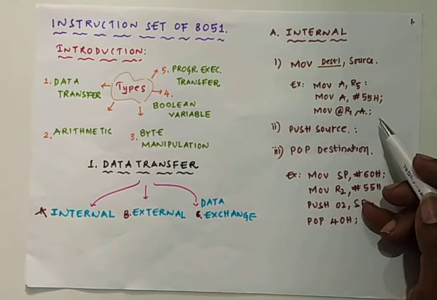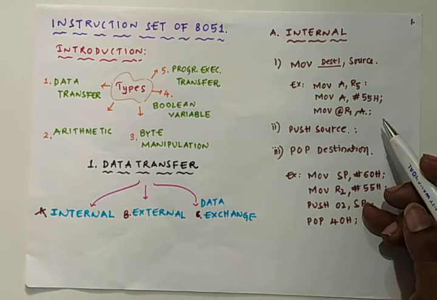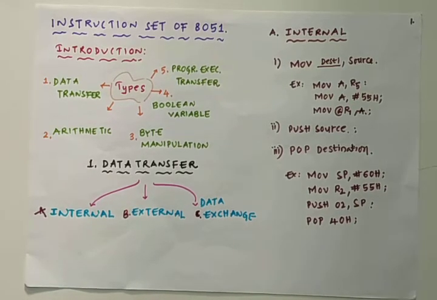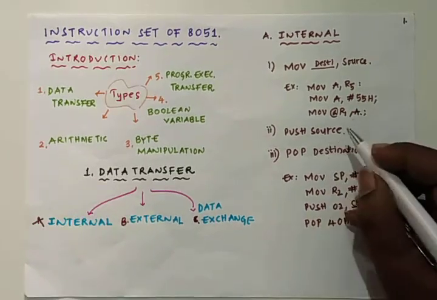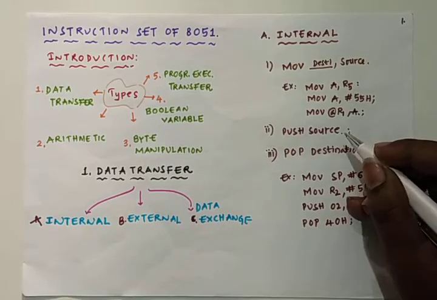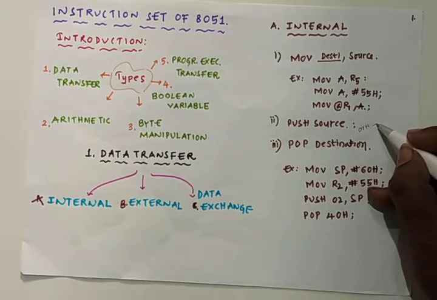Push source instruction operation. The push instruction copies 1 byte of data from the source to the stack as pointed by the stack pointer. Before copying the data, the stack pointer is incremented by one. The stack is defined in internal RAM, and its starting address can be anywhere from 08H to 7FH.